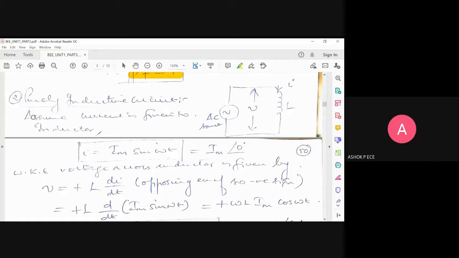But resistance can react immediately to the change in voltage, whereas L and C will take some time because, as you know, they are reactive components. They will take some time to react. But resistance will immediately oppose the flow of current.